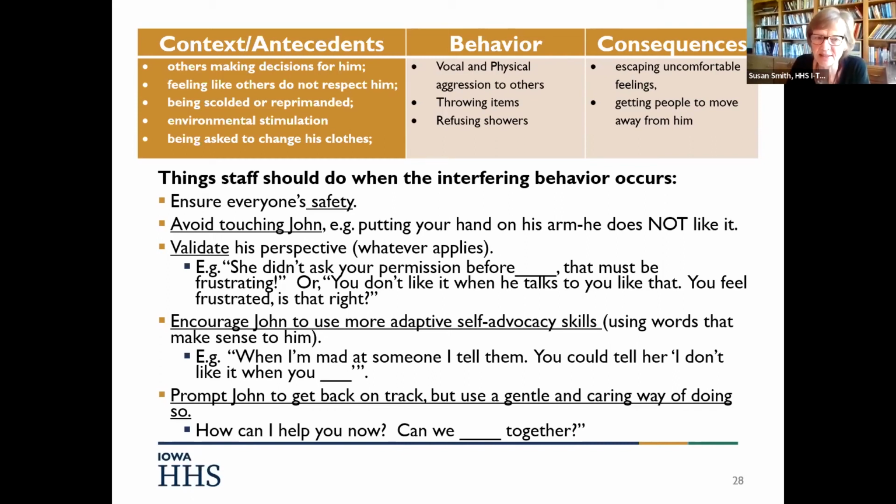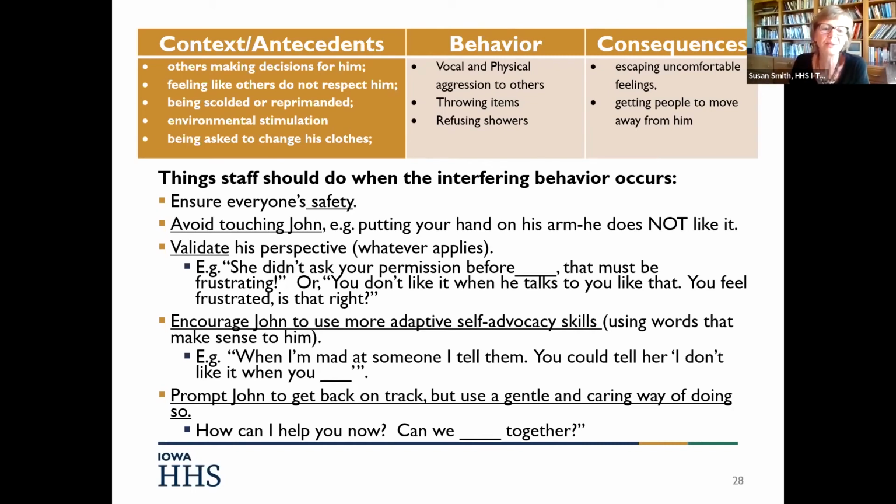And when staff do this, I call this being the bridge between the therapy session and the real life situation. A lot of times what I'll hear people say is, "Oh, she can talk about those skills when she's calm, but she can't use them in the heat of the moment." The finger comes back to us. We have to be that bridge to help the person use the skill. They may not even think about it at the time.